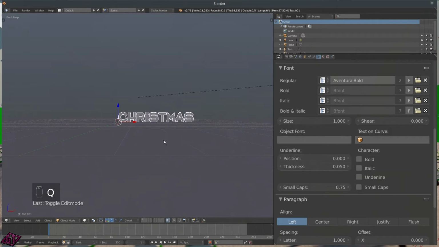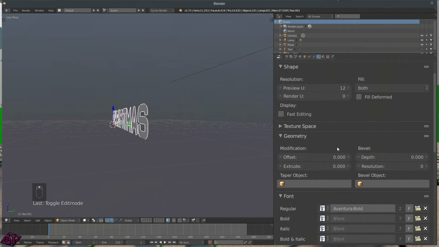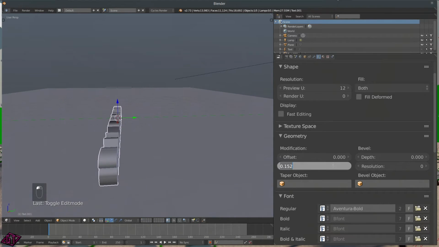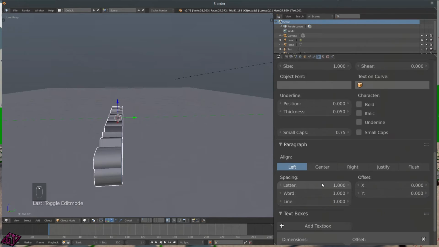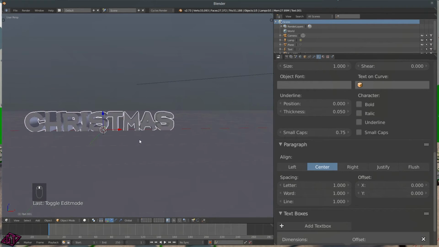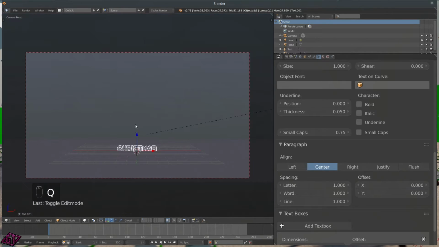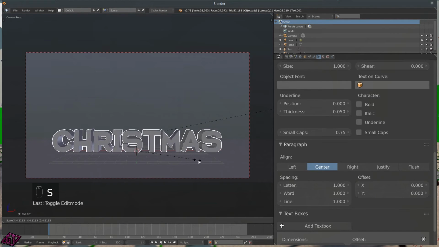Let's press Q and then go back into front. Then let's scroll around here just a little bit and then let's scroll up and let's extrude it to 0.152 like the other one. Actually, no, let's extrude this one to 0.225. And let's give it a little bit of depth, 0.5, and then let's give it a resolution of 5. And then let's go down and let's align it to the center. And then let's press Q and then go back into the camera and then let's scale this up